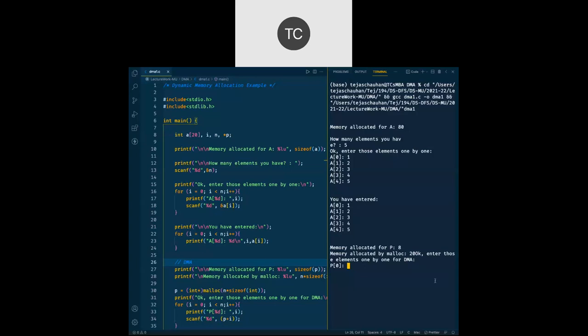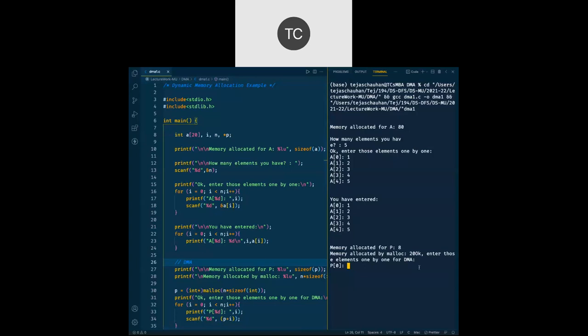Now memory allocated by malloc, okay, it's a normal 20. I need to go for a \n after it, I forgot to have \n at this place. So it is a normal 20, and that's what we require.